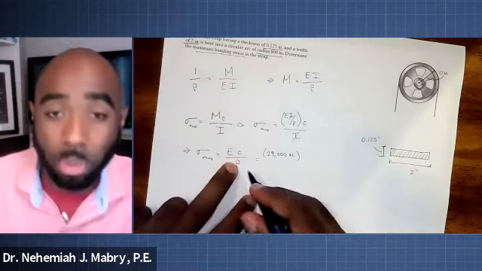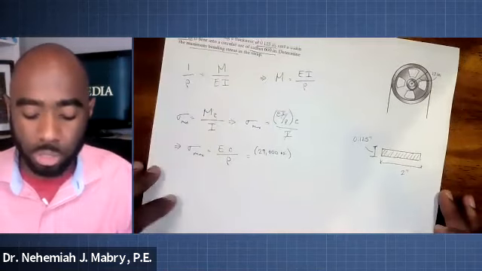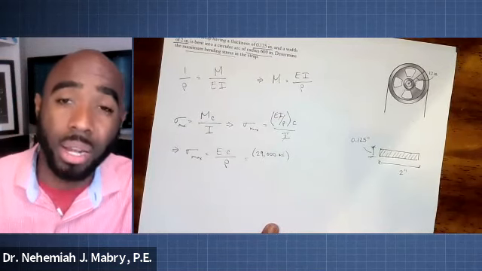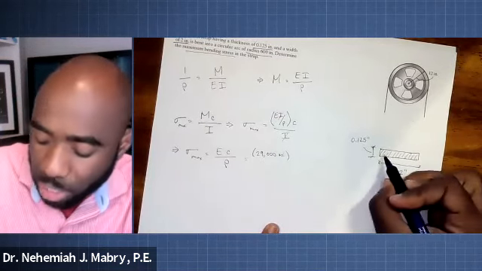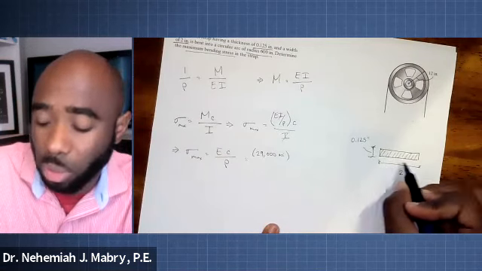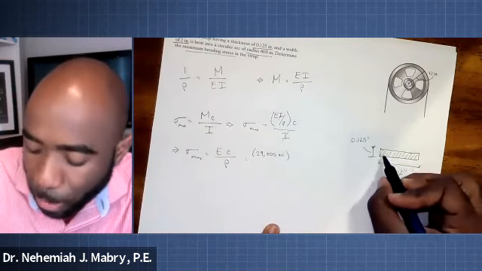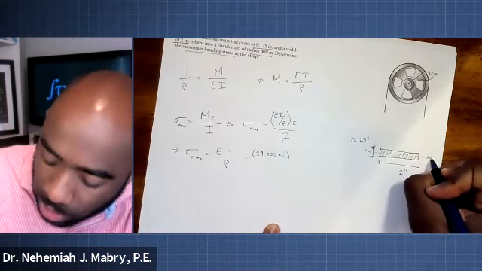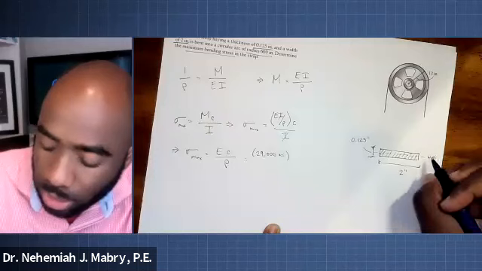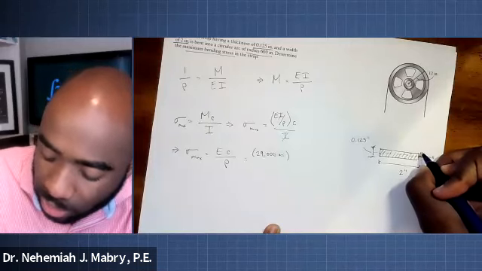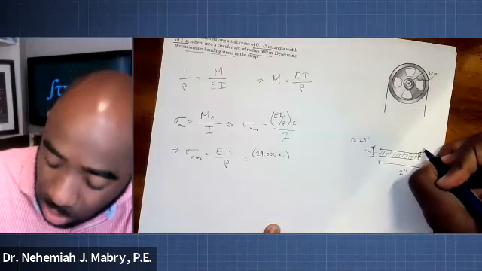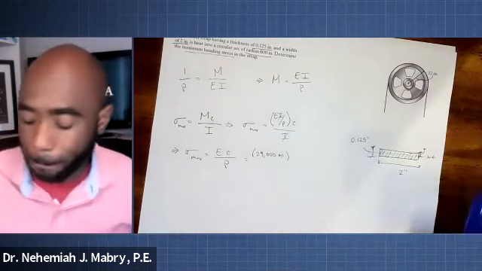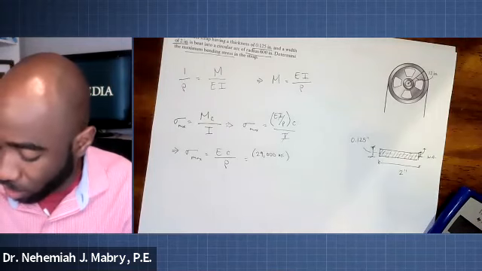Now, what is C? Remember what is C when we're talking about maximum bending stress? Well, C is the distance from the neutral axis of the member that is bending. This is the cross-section of the steel strap that is bending. And if we assume it has a neutral axis down the center of it, which it does as a rectangle, C would be the distance from that neutral axis to the outer surface. And that distance will be half of 1.25, which is